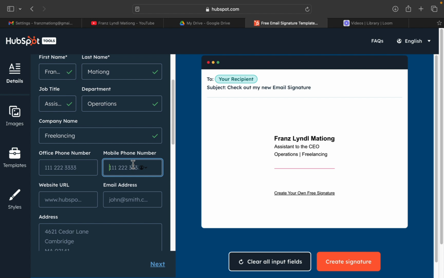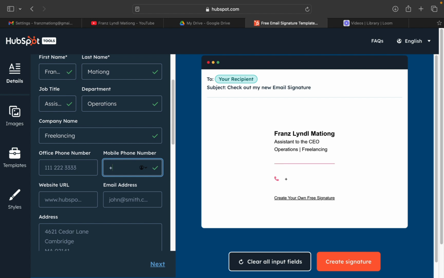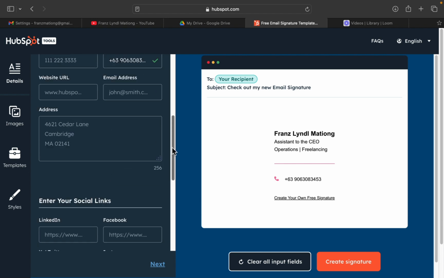We're using HubSpot because it is easy and you don't need an account in order to create an email signature.